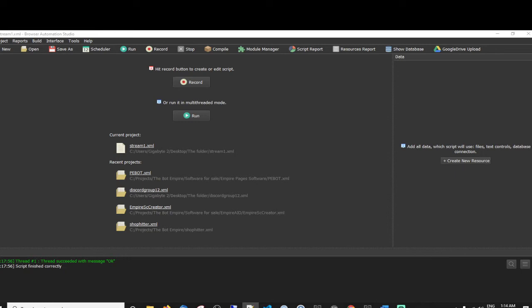Is it possible to take over the mouse manually while the script is running? Yes, I'll go over that. How can I send lots of emails with BAS? Okay, we can get into that. How can BAS work with APIs? Yes, I've covered that in a previous stream, and the videos on the YouTube channel, links in the description, but I'll go over it in this.